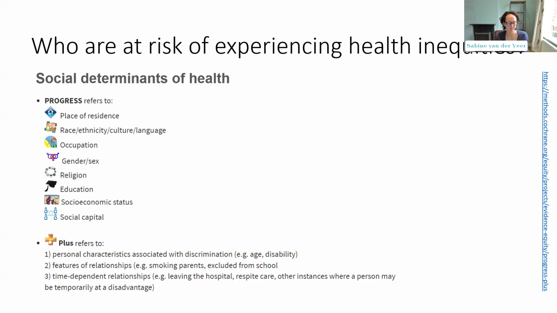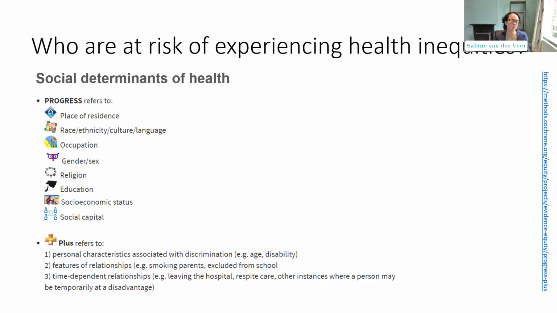or use digital tech? This was the original list of characteristics, but I think later on they realized that often there are other characteristics that also matter that might change over time. I don't think health equity or health inequity is a static thing. It changes for individuals depending on where they are in their lives or where they are in the world. Plus, the plus element of Progress Plus, therefore, suggests that personal characteristics associated with discrimination, not in that list, might be relevant. So age, I think, is one to consider.